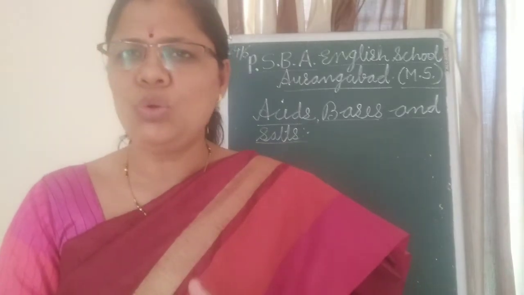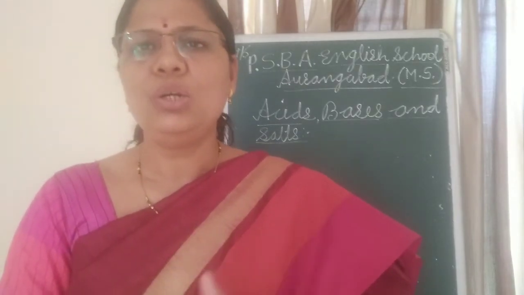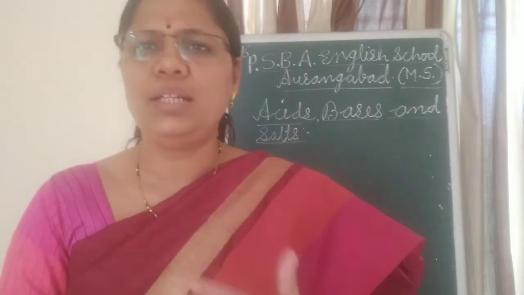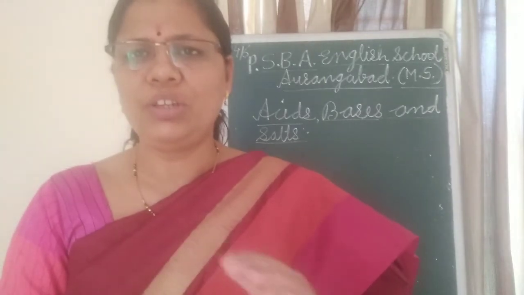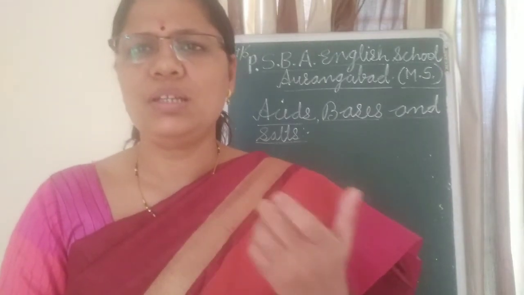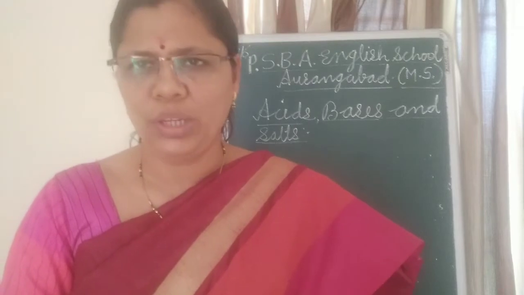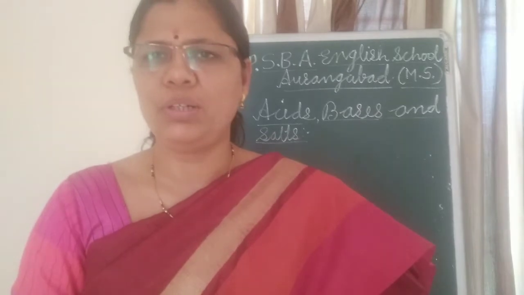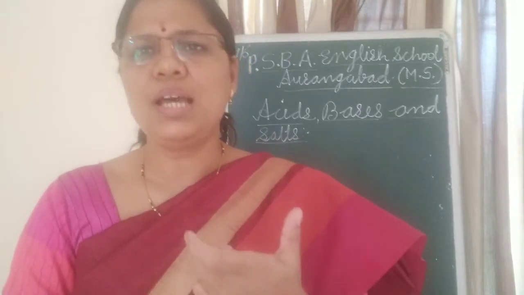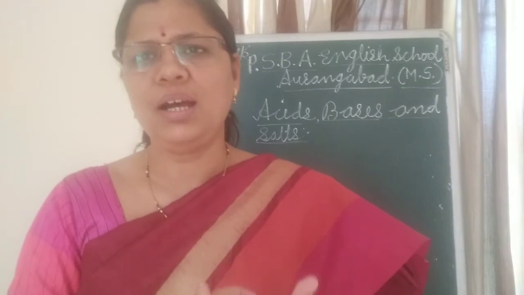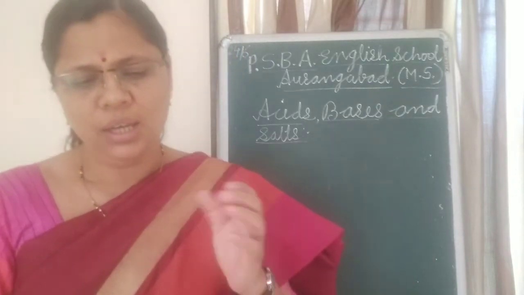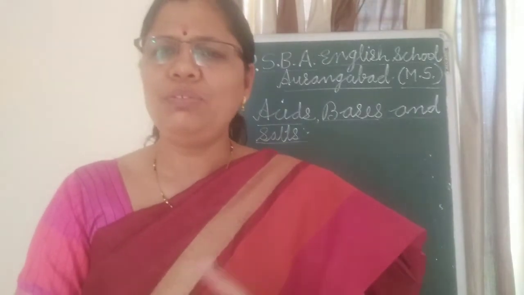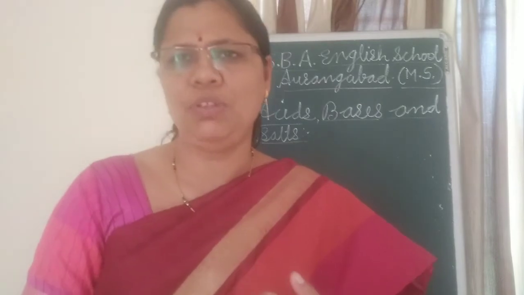Now in case of glucose and alcohol, as these are covalent compounds, there is no dissociation of ions, and that is why no electric current flows, and we didn't find the bulb glowing. Now in today's lecture, we are going to discuss one important concept: how an acid or base acts in a water solution, or what happens to an acid or base in a water solution. We will discuss it with the help of one activity.